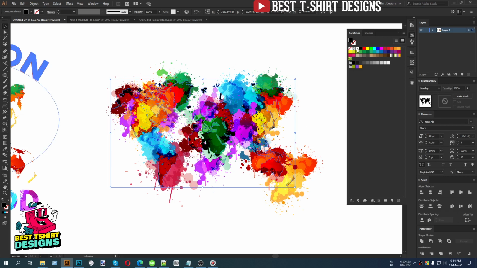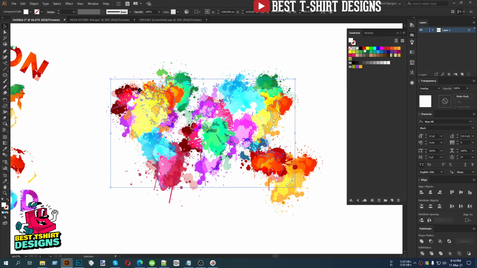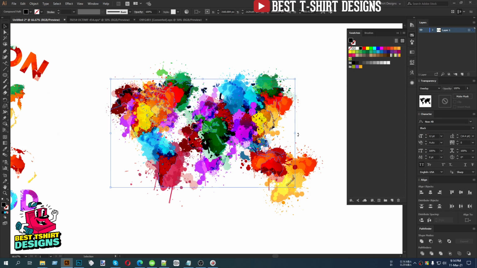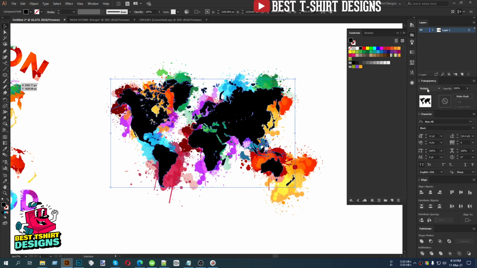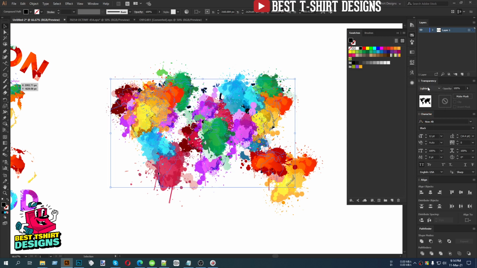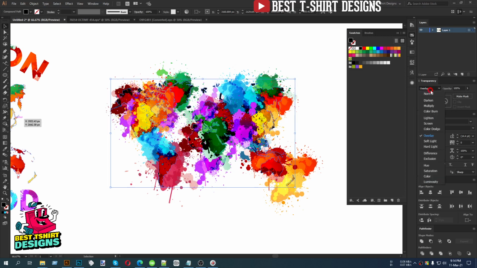That is looking like this, because black will always blend with the other colors. There are tons of different options. So black is not something that works very well, but we can play around with the blending tools here, like this kind of overlay.